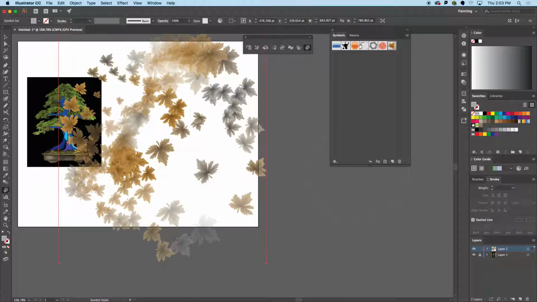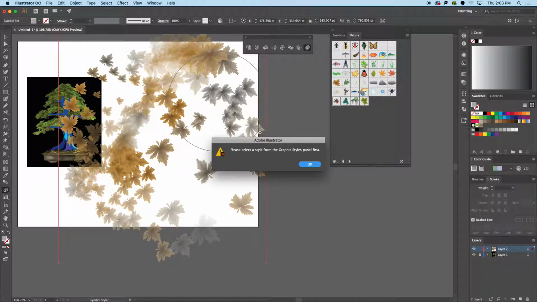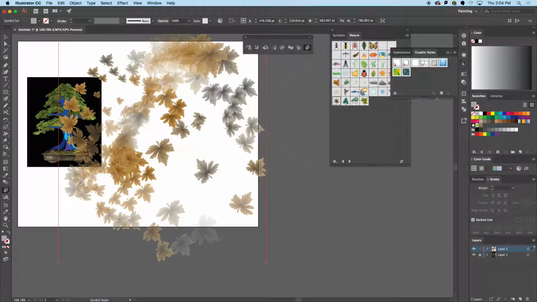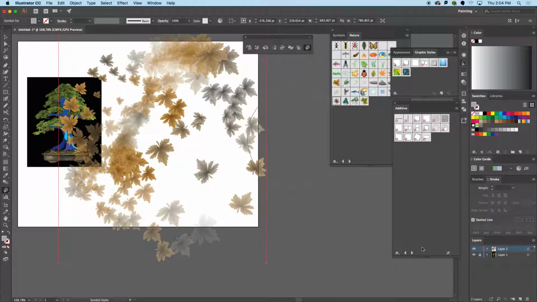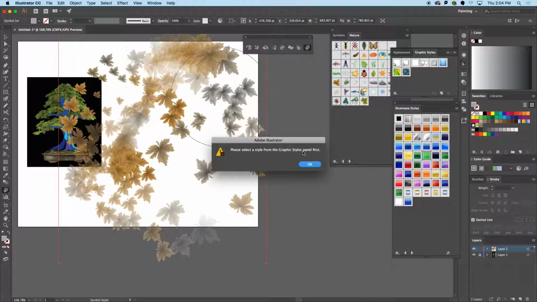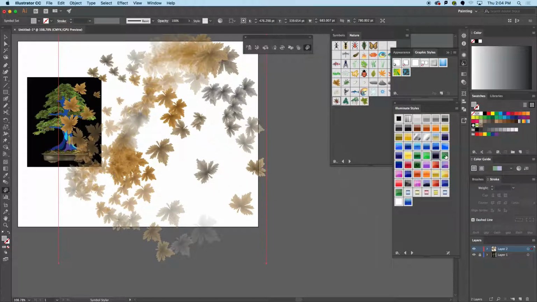You can pick a symbol. Let me pick that. Set the style for your graphic style. I'm sorry, we need the graphic styles. Like everything, it has a style, it's a library. So in the graphic styles, I'm going to pick something, a graphic style. So when you click, that graphic style you choose is going to be added as a fill to your